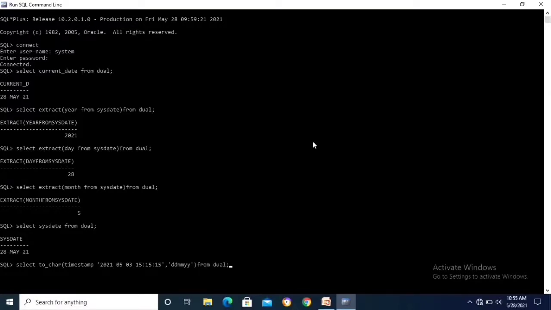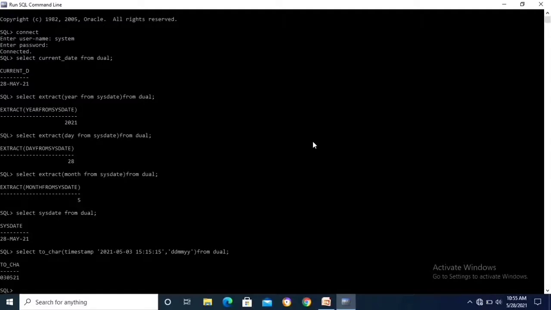Dual is the table name. This command is used to display only the date, because the string data type is date, month, year. So the year 21, the month 5 and the day are displayed.